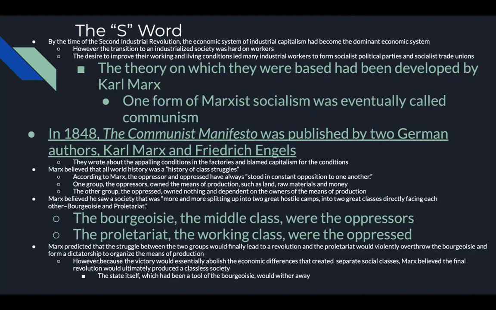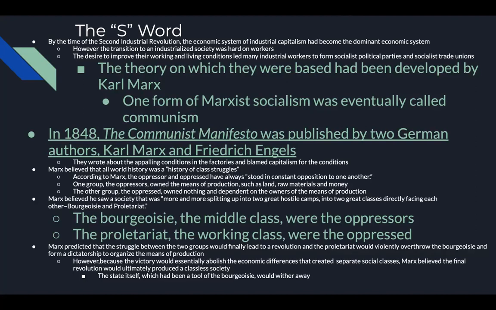S word. Ooh, the S word. Cursed. By the time of the Second Industrial Revolution, the economic system of industrial capitalism had become the dominant economic system of the world. However, the transition to an industrialized society was hard on workers. The desire to improve their working and living conditions led many industrial workers to form socialist political parties and socialist trade unions. The theory on which they had based